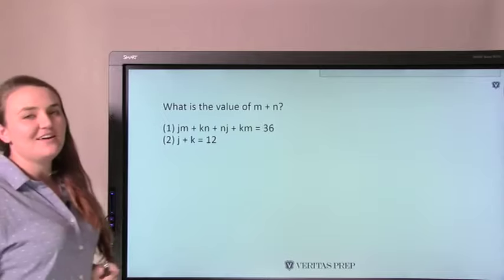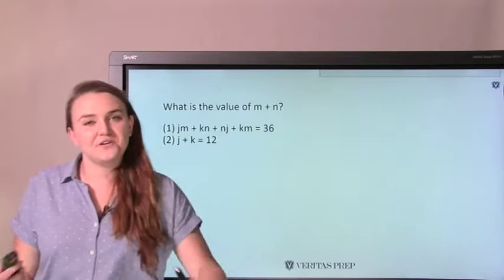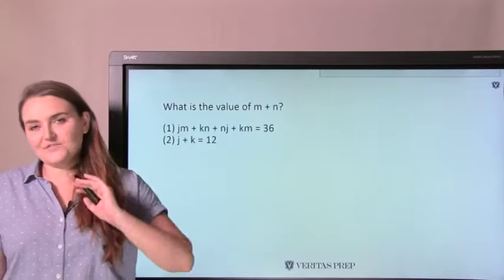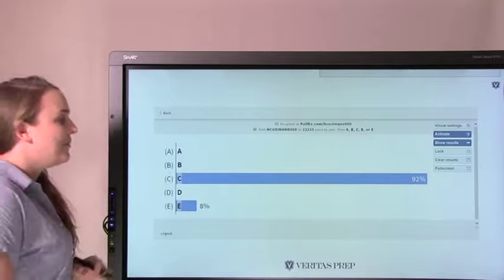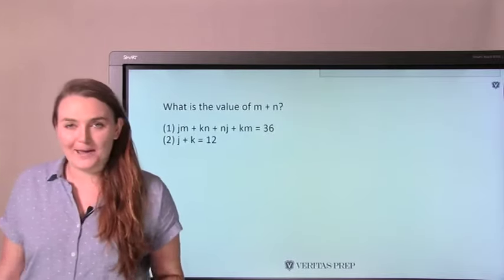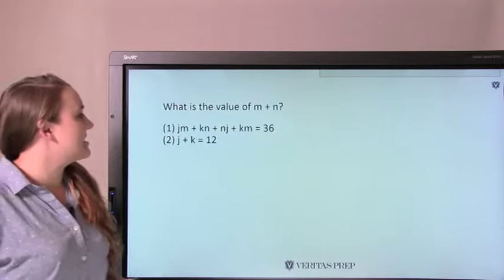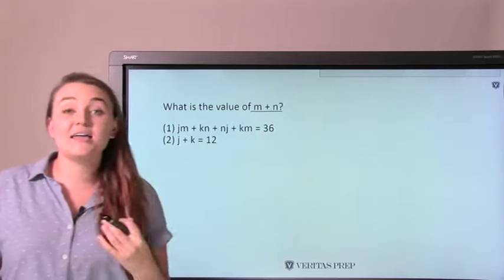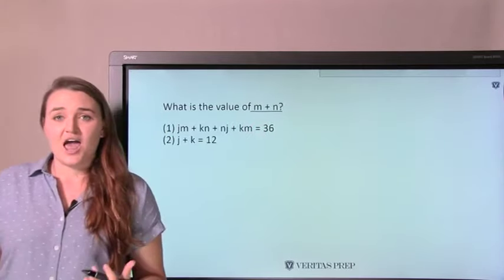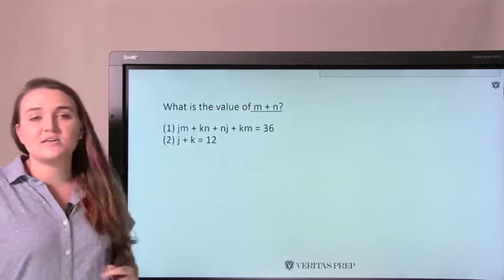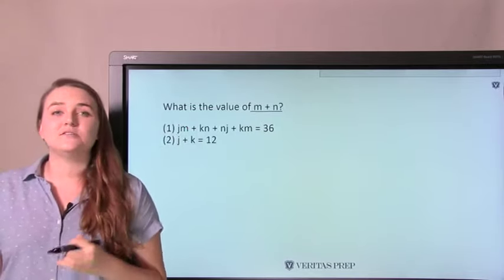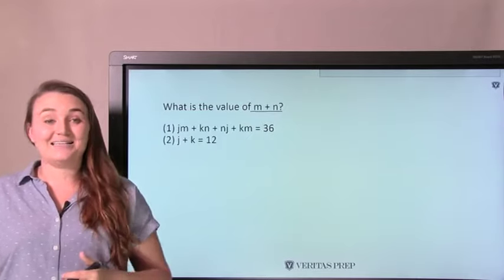All right, so we have hit on our 2-minute mark, and at least for those of you participating live, you guys have destroyed the usual statistics on this question. You've done quite well. Let's go ahead and talk about why. So, if the question is asking us what is the value of m plus n, again, when we think about the fact that the collective is the objective, we can notice here that it may very well be easier to solve for the value of m plus n as a unit